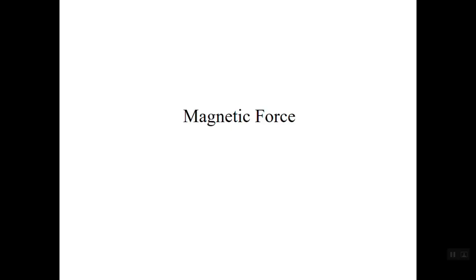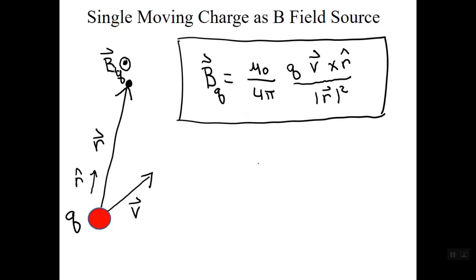In earlier lectures, we discussed at length some ways in which charges are the sources of magnetic fields. Let's do a quick review of that, starting with the case of a single moving point charge. Recall that the Biot-Savart law for a single point charge tells us how to find the magnetic field vector B sub q at an observation location described by vector r. Recall too that a charge must be moving, must have a non-zero velocity vector v in order to be a